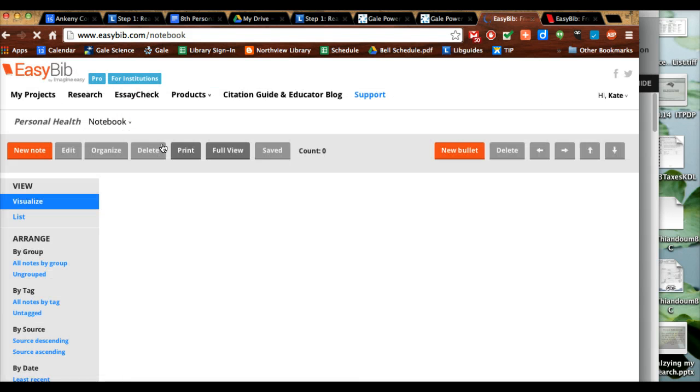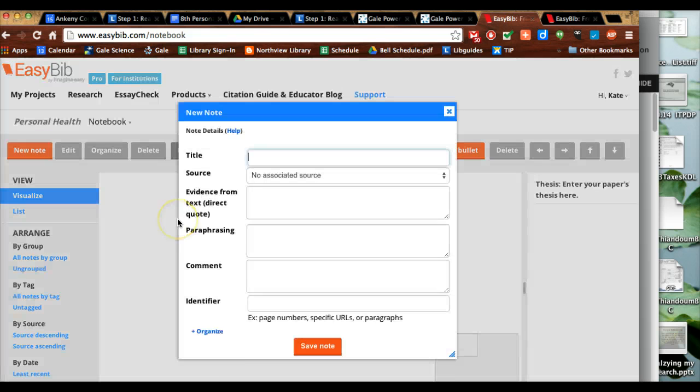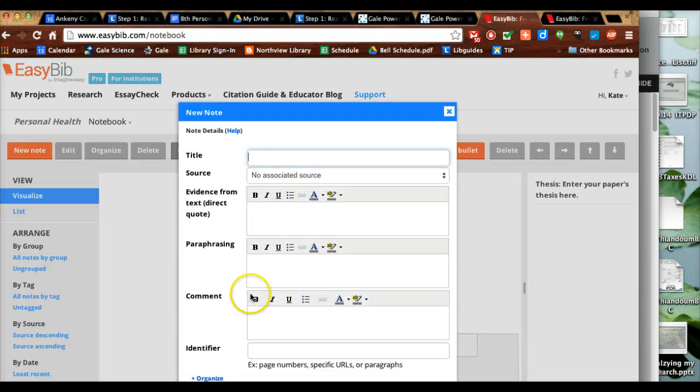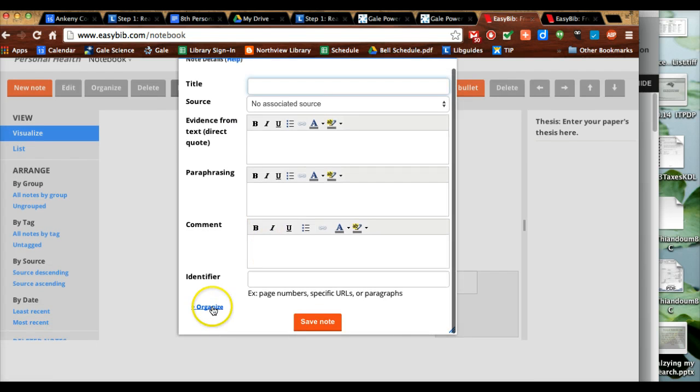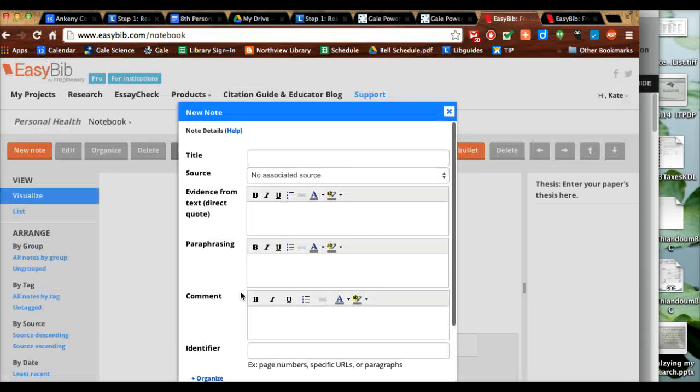So I'm going to go to the notebook, and here is my favorite part of the Easybib Pro account. It allows you to take notes in a really visual way. So I can either click New Note, or I can just double click in the white area, and then it gives me this beautiful little notes form that asks me to do all the things that my teacher wants, including the source, a direct quote, and then putting that quote in my own words and adding commentary. I also have some cool organizing features, like I can color code things if that helps you to organize your